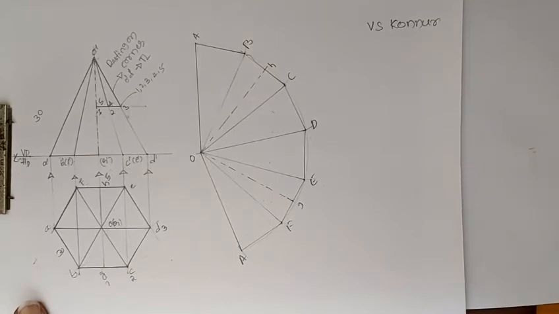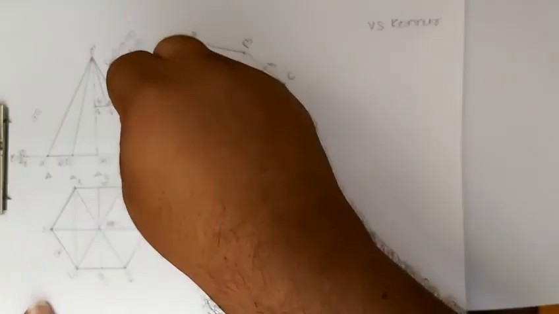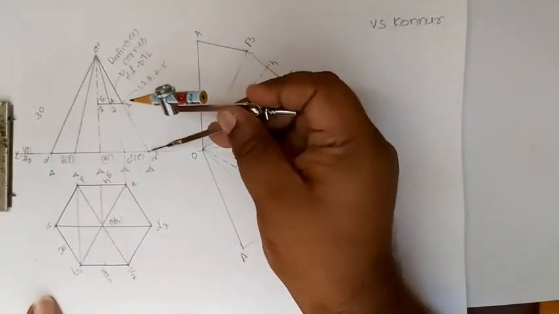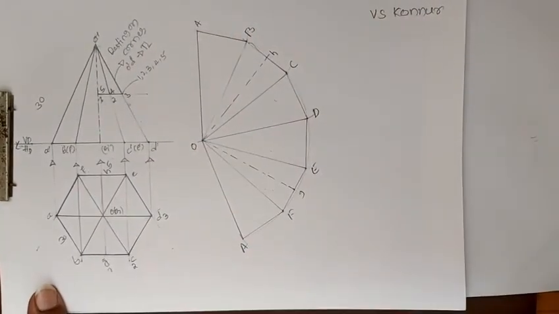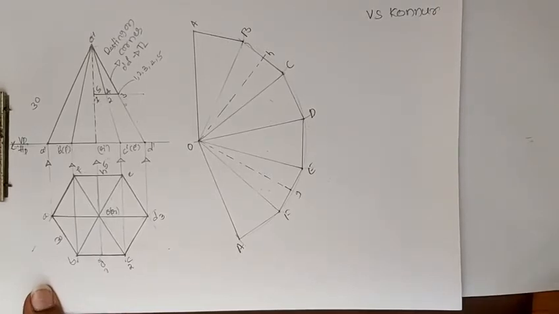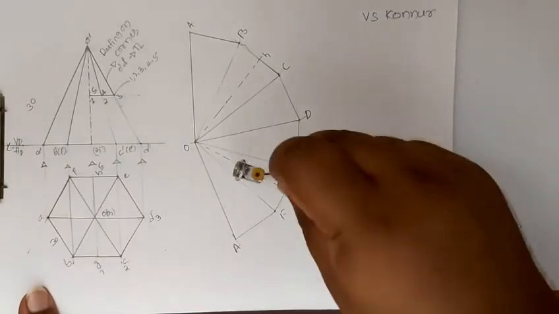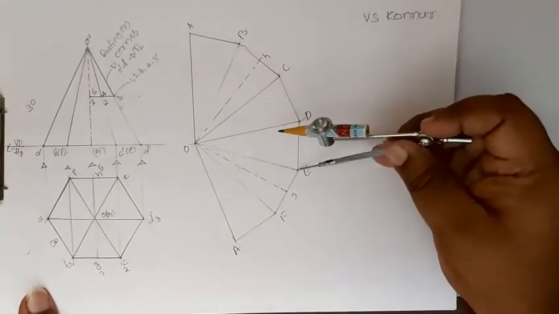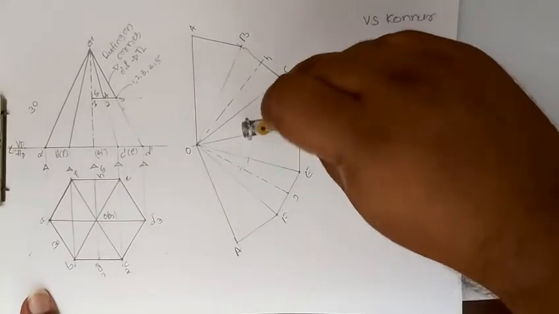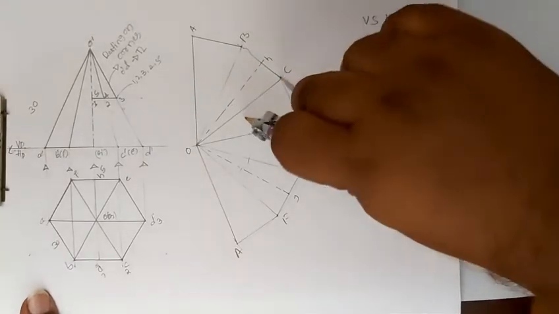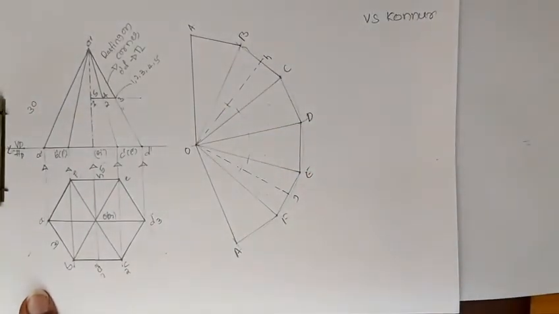We'll take the distance from base D', and all the distances will be transferred on the true length. All the distances are transferred on the true length. So the same distance I have taken. There is no cut on OA, OB, OF. OF no cut, OA no cut, OB no cut. On G there is a cut, we'll mark it, and then E there is a cut, we'll mark it, then D there is a cut, we'll mark it, C there is a cut, we'll mark, then H there is a cut, we'll mark it.